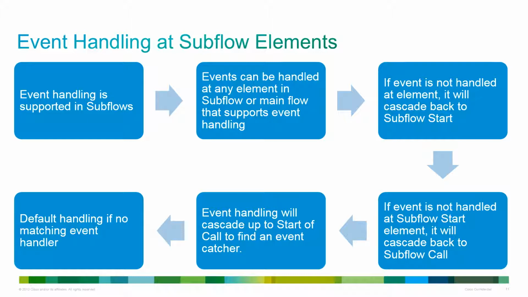For example, a bad fetch error thrown while collecting digits in a subflow: if the exception is not caught at the element level where it is thrown, then the exception handling logic looks for corresponding handlers at the subflow start. If the handlers do not exist, it will be looked up at the subflow call element. If the handler is not found there as well, then it will look at the parent flow start. This way the exception handler lookup goes up to the start of the call element. If there is no handler found at the start of the call element as well, the default application level treatment will be done for the call.